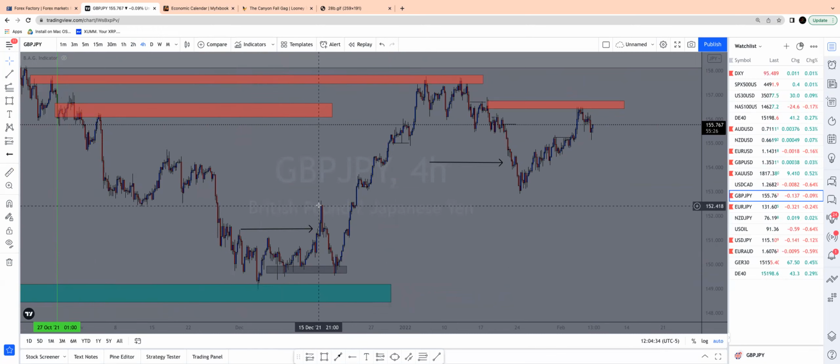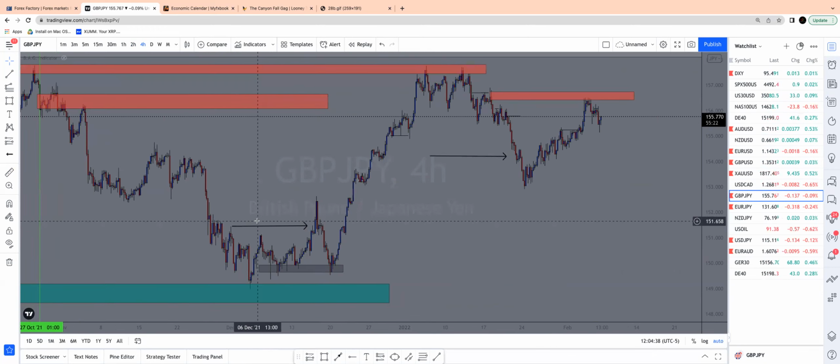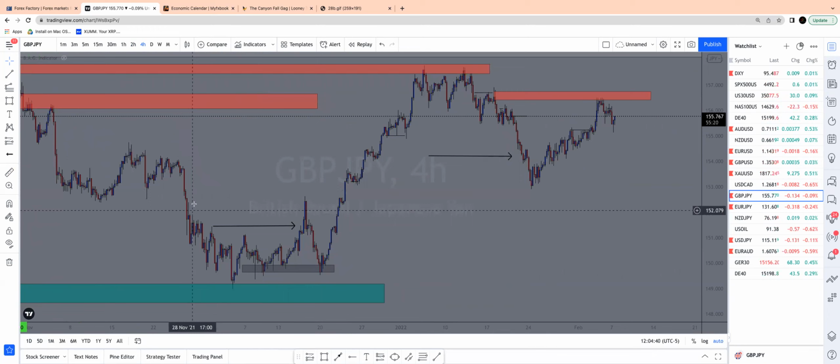Major structure taken out, right? And how do you tell it's a major structure? On the higher time frame, you're going to see a zone that's been ranging for a while get violated, and then they retrace back, and then boom, we got a major push. That's major, right? And then we can see after they did that, they found